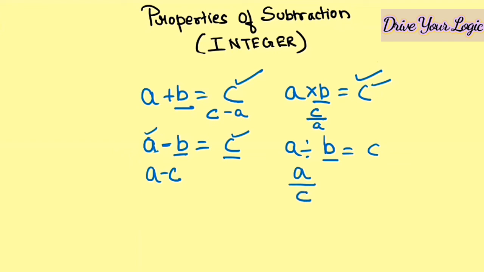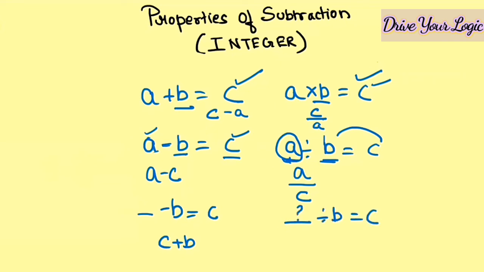Now there is one more thing. Suppose here in place of B the dash is here. That time, dash in division means you have to do the opposite. That time you have to multiply these two. Same way, if dash minus B is given, that time you have to do the opposite thing. What opposite thing will you do? Dash minus means you have to do addition. So your answer will be C plus B, or you can do B plus C. Same way this also: if in place of B the dash is on A, dash divide by B equal to C, so how to get this answer? You will do C into B.